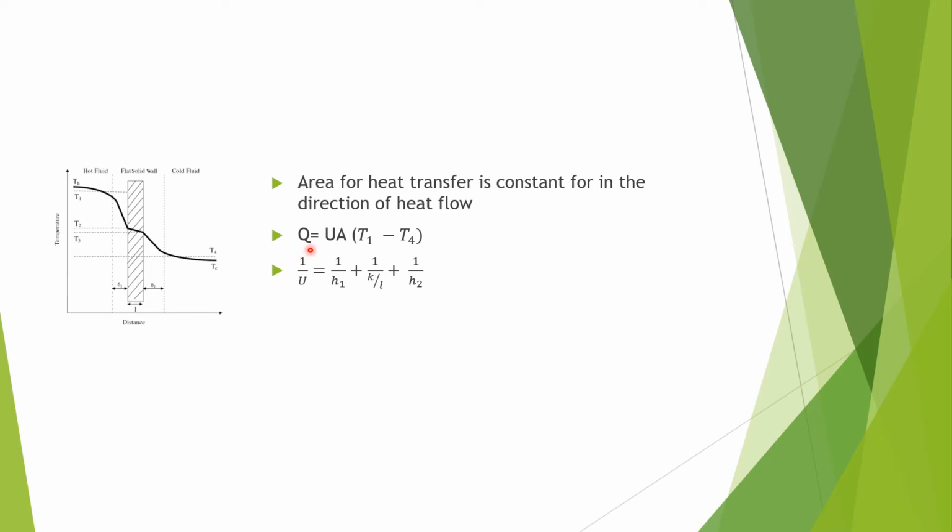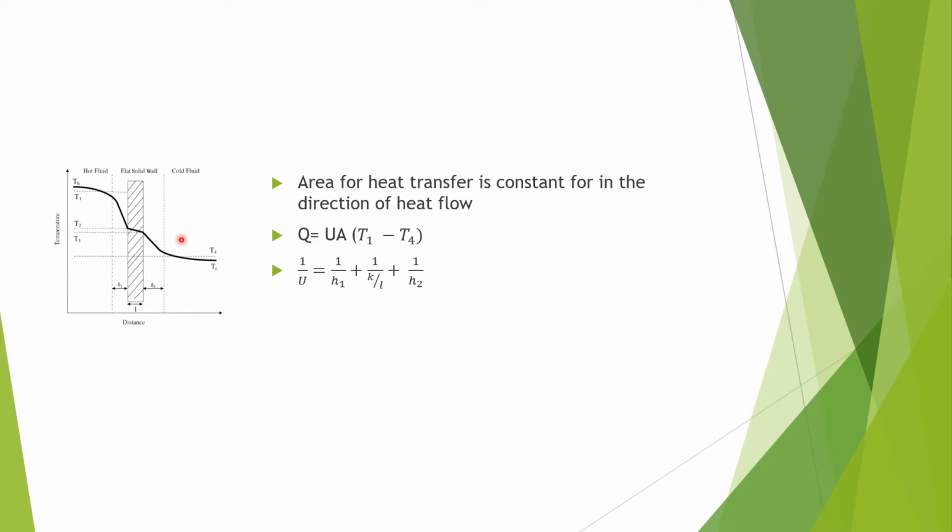So why is it necessary? In order to design a heat exchanger, for line sizing, in almost all applications, in almost all cases we have to find out the rate of heat transfer between the two fluids. And to determine the rate of heat transfer between the two fluids, it is necessary to determine the value of U, that is, the overall heat transfer coefficient. Then only we can find out the overall rate of heat transfer.